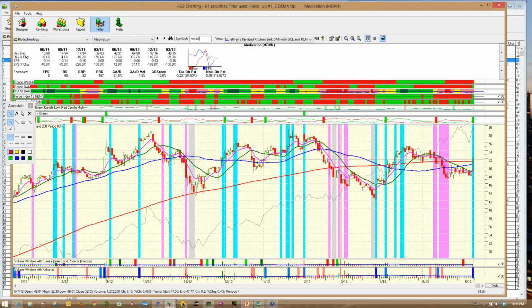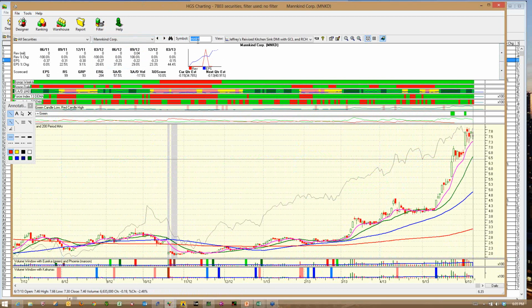So Mankind has a new diabetes treatment that's in late-stage clinical trials, and it's a similar pattern to that Acadia, where it bumps up in steps. I own this. I believe my stock is at the low of the wick here, of the candle, not at the wick. And I've had it for a little while. I'm making some nice profits on it. I like that one a lot. Another one I have,